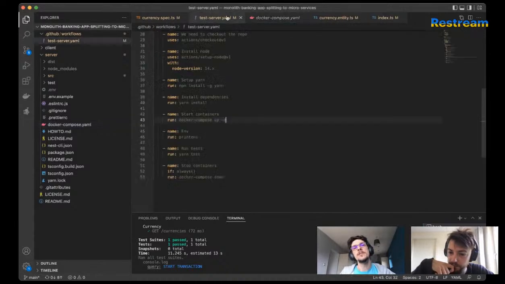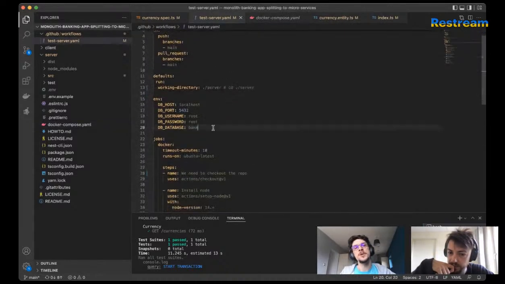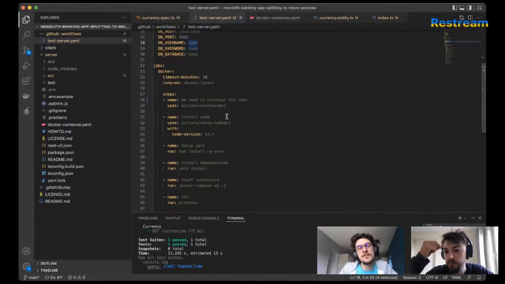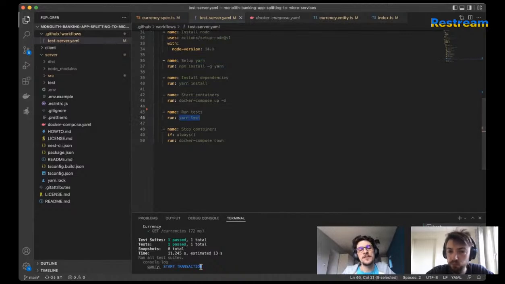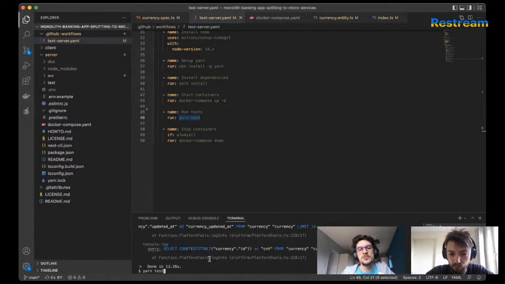On the other side, we also provide the same values to our application, so our application can connect to this. And this could be removed, I was just debugging.